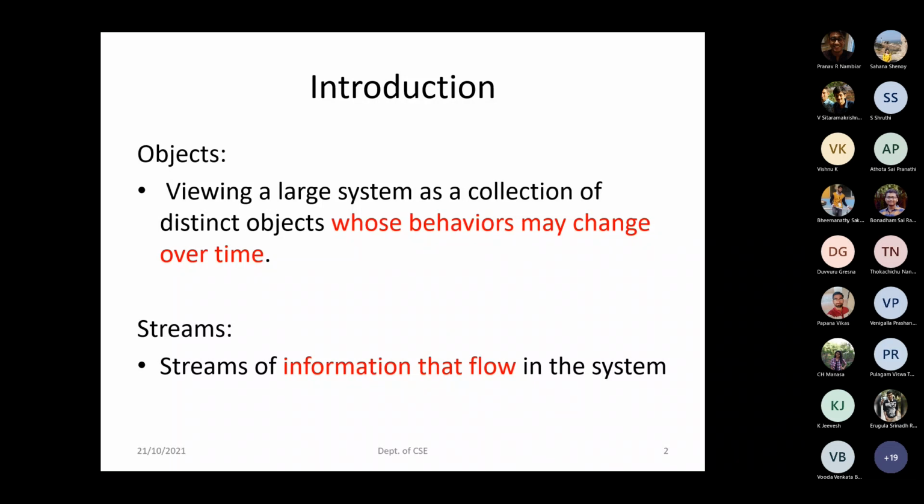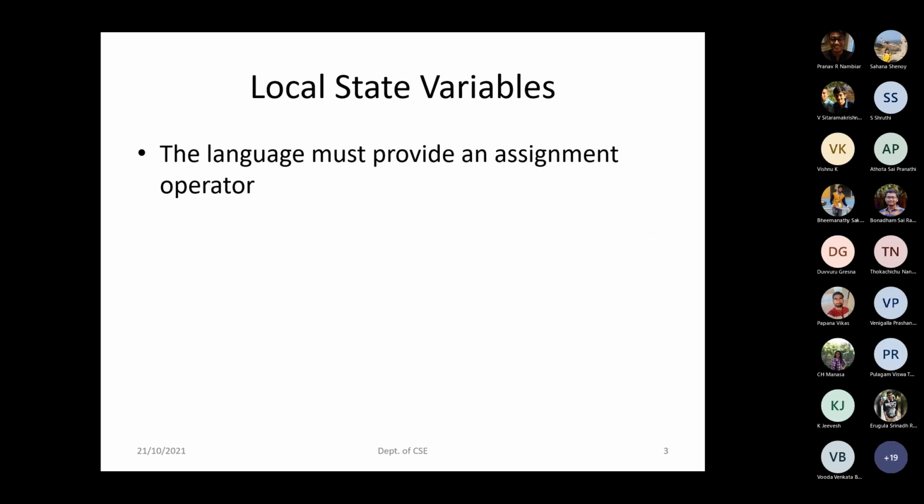So initially, let's start with the objects. Before going to the objects, first let us see how assignment statements work. When we say assignment statement, it is nothing but, if you have declared a particular variable, or assigned a variable with some particular value, and later you want to update it, that is, later you want to assign that same variable some other values.